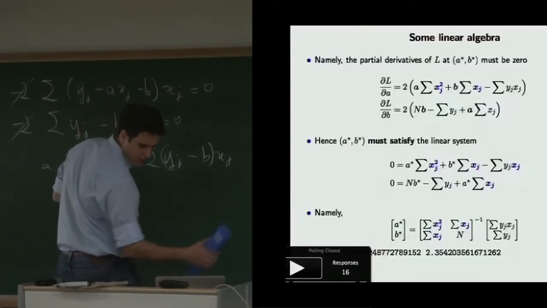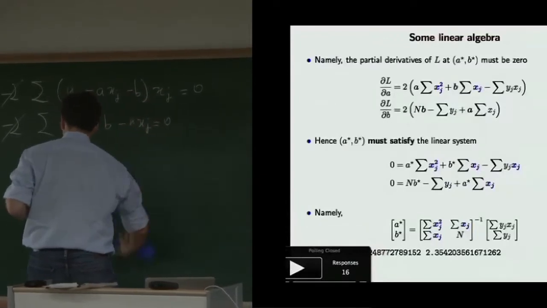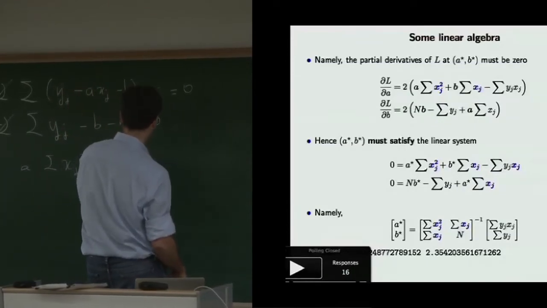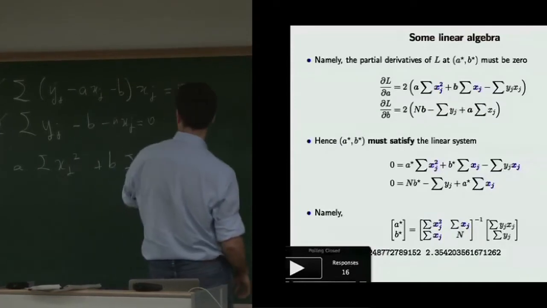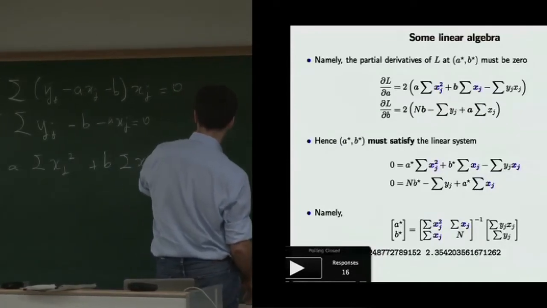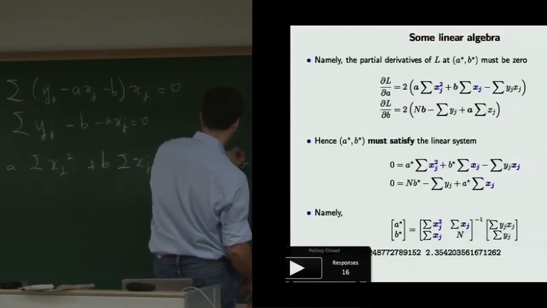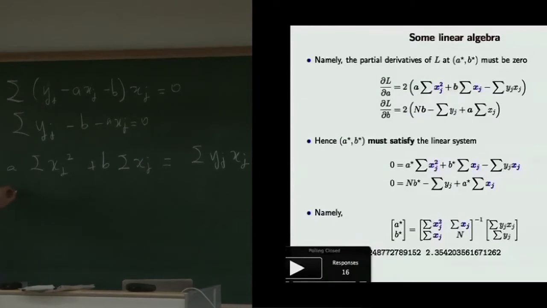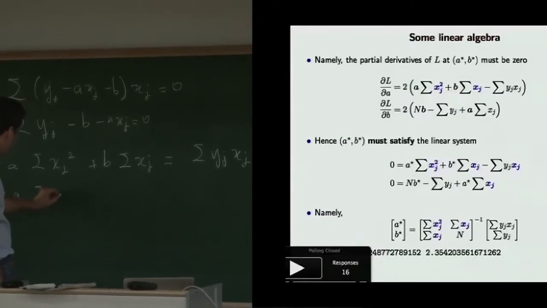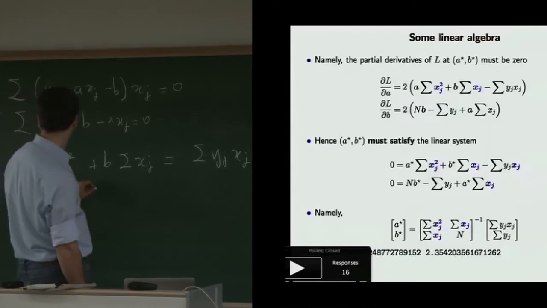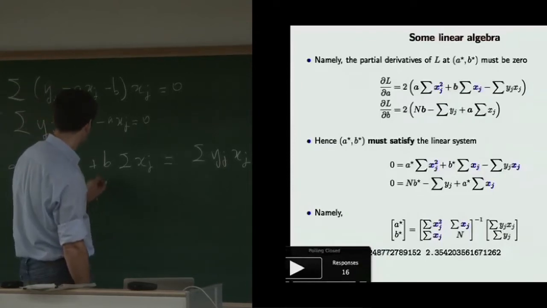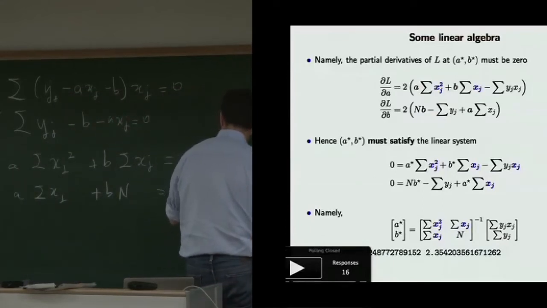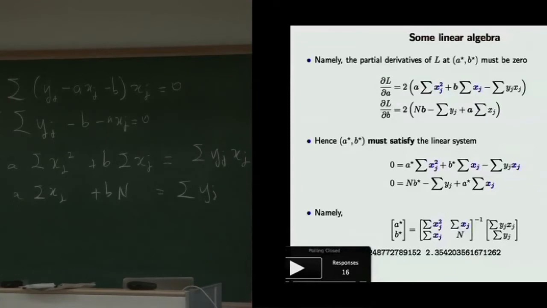Okay, that's the way I want to write it. Okay, and then I have that A times sum of xj plus b times n. Okay, by just developing those equations,